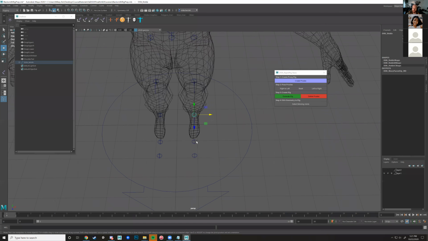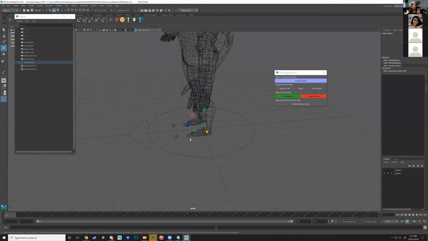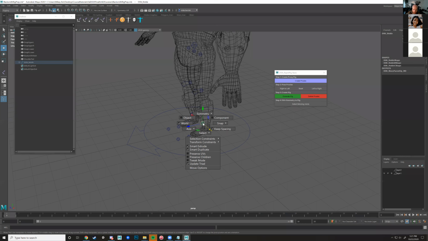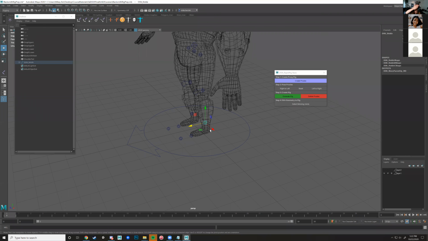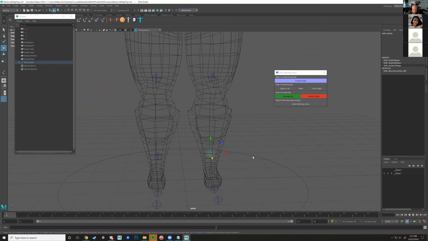If they aren't, and you're animating, I saw this happen 2 semesters ago, the character's feet will no longer be in line when you're using object mode and you're moving them around. So if you're holding W and you're in object mode and you're moving them around, it'll set keys and you'll always be kind of sliding across the floor. So it's not going to be working if you do that. So yeah, make sure your feet